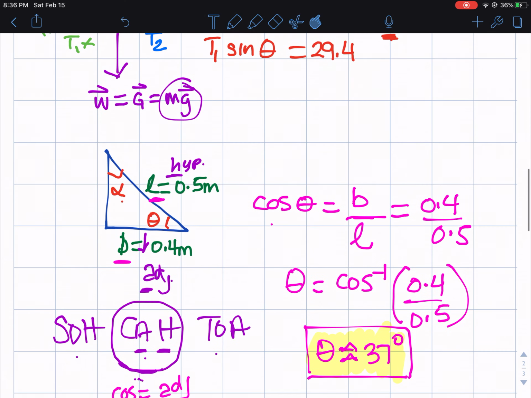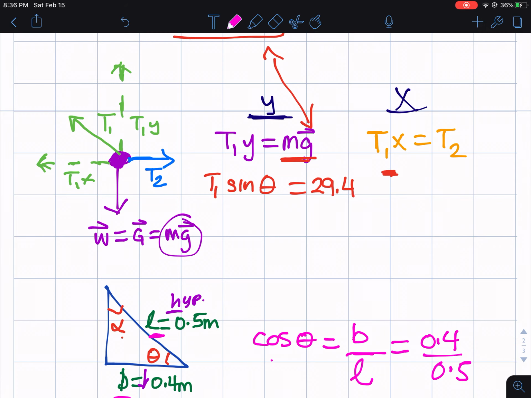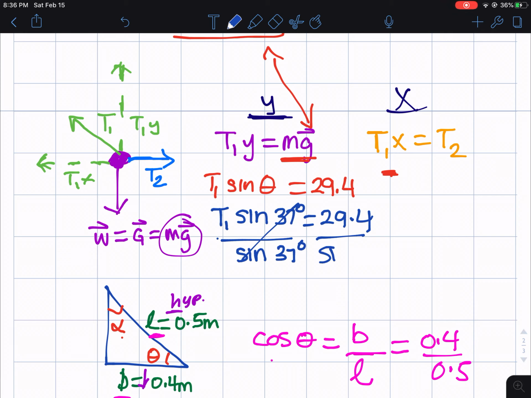So now we can plug theta back into the equation, right? So if I say T1 sine 37, now that we know theta is 37, equals 29.4, then in order for me to find T1, I will divide by sine theta, or sine 37. And what I will find is that T1 is about 48.9 newtons, or you can put about 15 newtons, but I'll stick with 48.9 newtons. Okay,